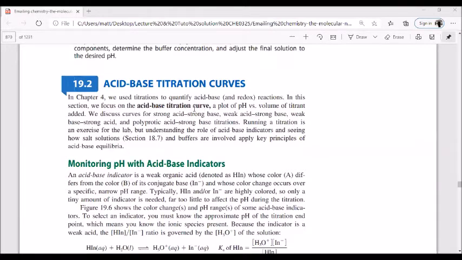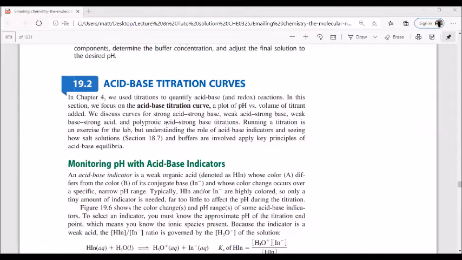What I mean by acid-base titration curve here is a plot of pH versus volume of titrant added. The titrant here is the substance or chemical within the burette. We are going to discuss the curve for strong acid and strong base, then weak acid and strong base, and weak base and strong acid. Polyprotic acid and strong base titration also exists,